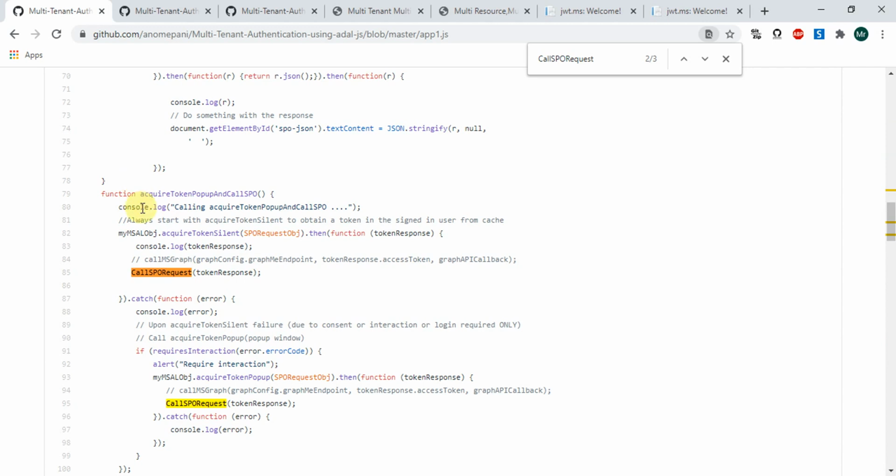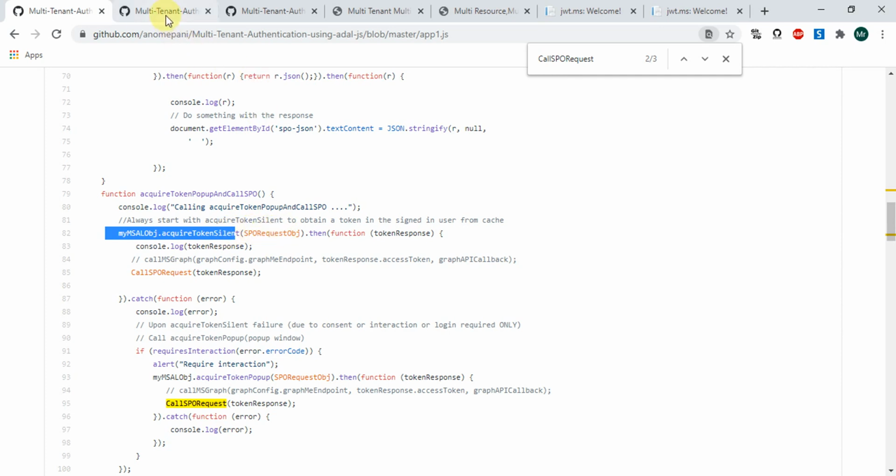Okay, this is the method for acquire token SPO. What we are doing for MSAL is token silent. If the user is already logged in, it will not give the pop-up, but it will use the configuration which we have passed with the scope, and then it will generate the token.